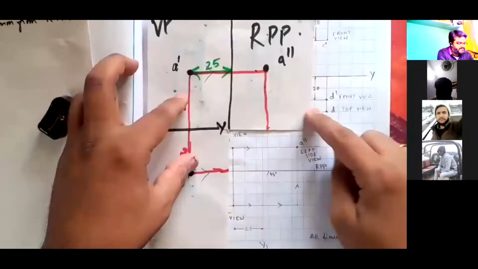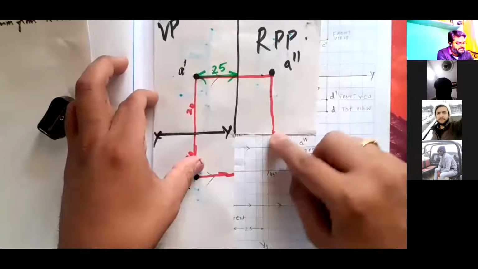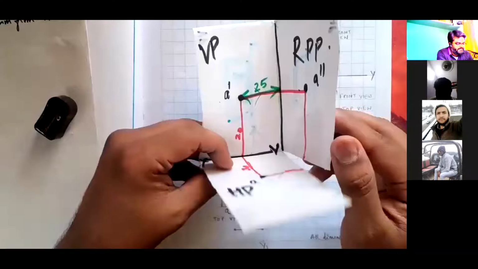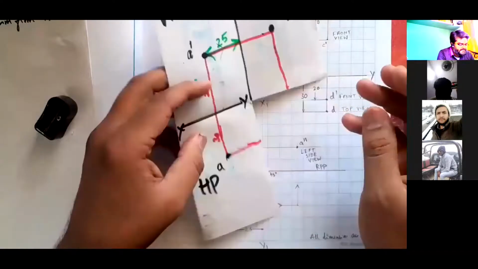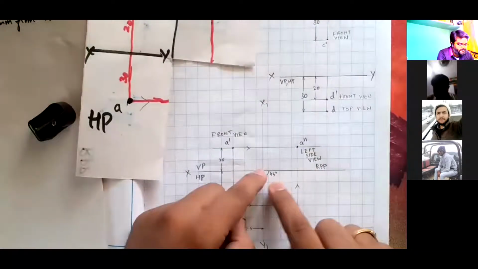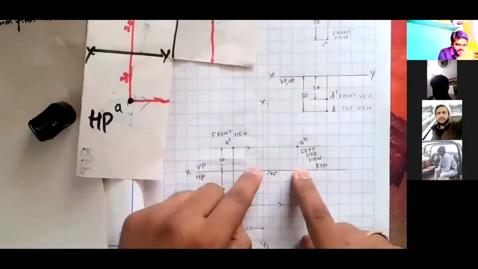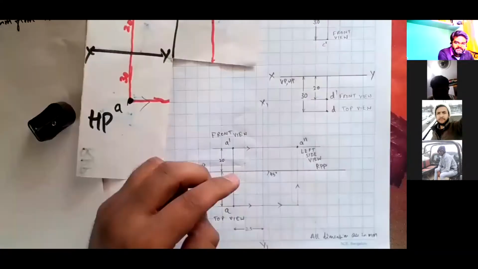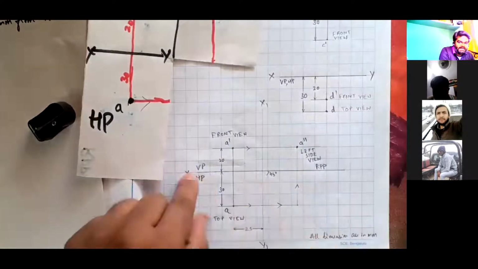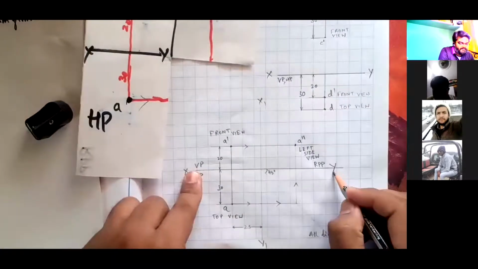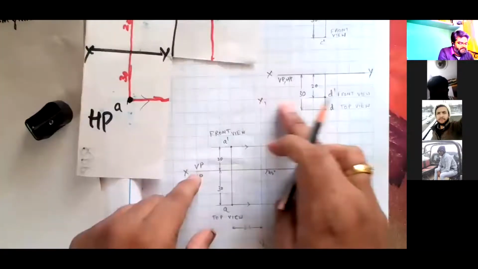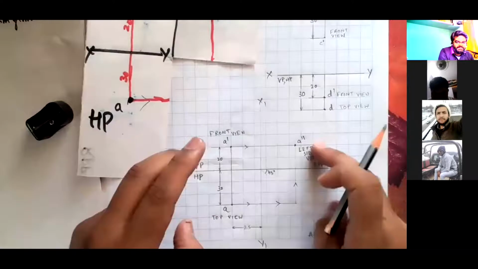For that, this connectivity is lost. This red line and red line in a three-dimensional space, earlier it was connected, now this connectivity is lost. In order to find that connectivity, I am taking the same distance. See here it is 30 mm, here also it is 30 mm, three boxes and three boxes. Same distance I have to find out. In order to find that, I am drawing a 45-degree line from the intersection of the XY line and the X1 Y1 line. Got it? The X1 Y1 line gives a boundary between the RPP and the VP and HP, the three planes.